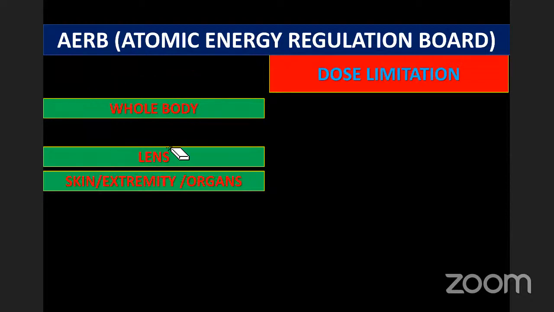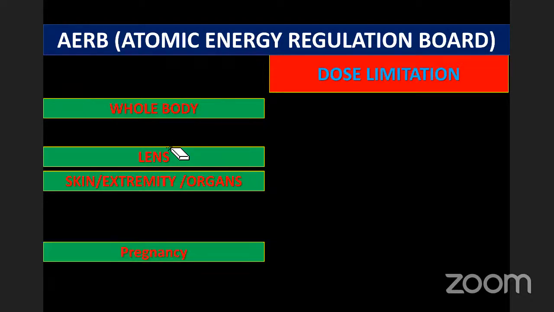Okay, for the whole body, what is the exposure that is allowed? Then pregnancy we'll discuss separately. It is 20 millisieverts per year for 5 years. Okay, 20 per year for 5 years means how much? 20 into 5, almost 100 in 5 years. So in 5 years, 20 millisieverts per year on average, but 1 year can have 25 millisieverts, 27 millisieverts and so on.